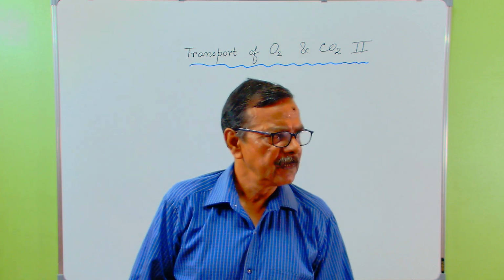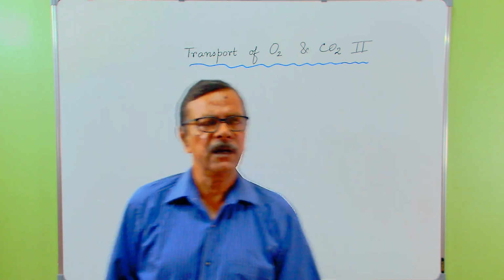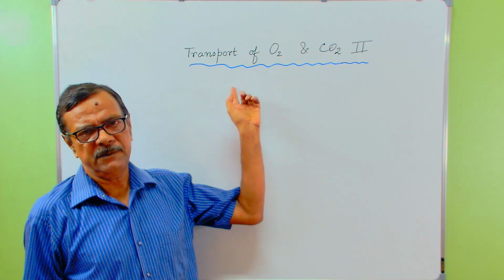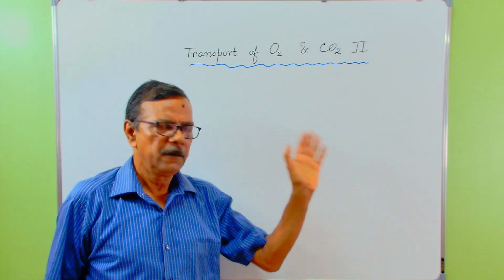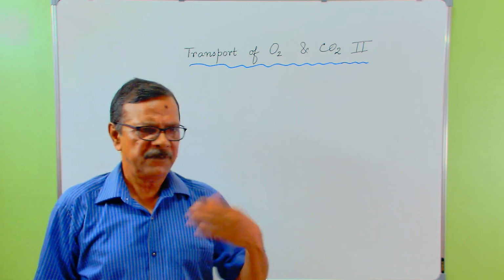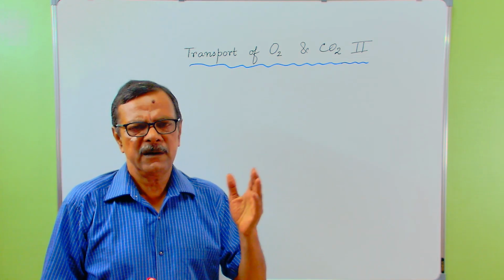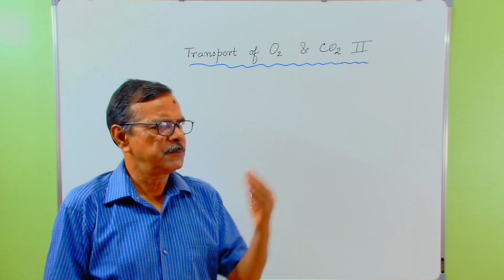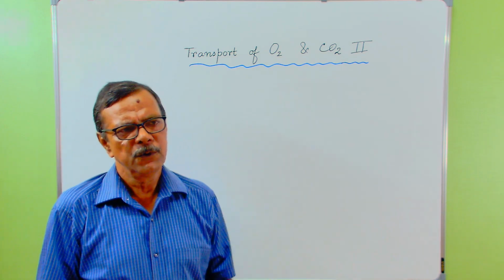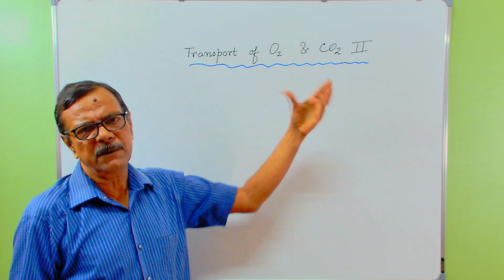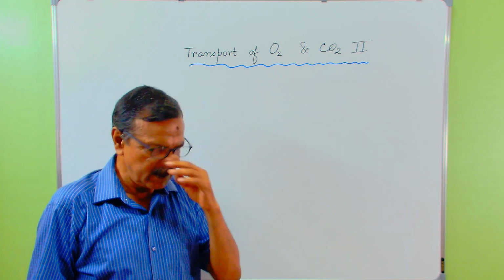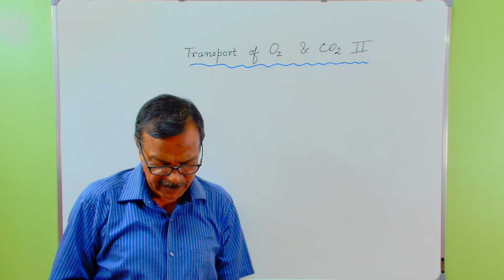Welcome friends, let us continue our discussion on the subject that is transport of oxygen and carbon dioxide within our body. The first part was in respect of diffusion, that is diffusion of oxygen and CO2 across the membrane. Now today we are going into the depth of the chapter, how this process takes place. So prior to that,